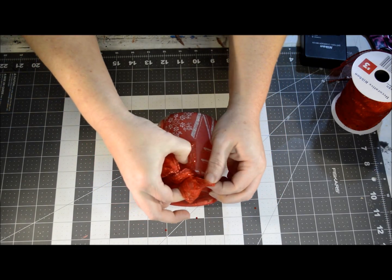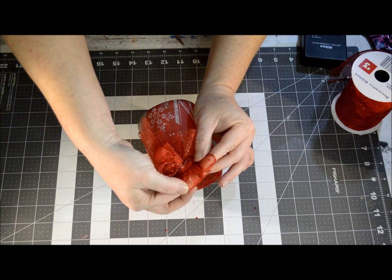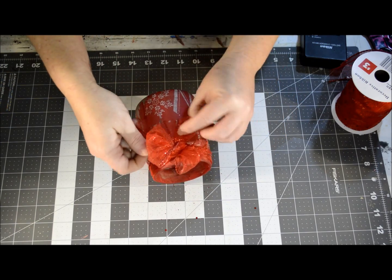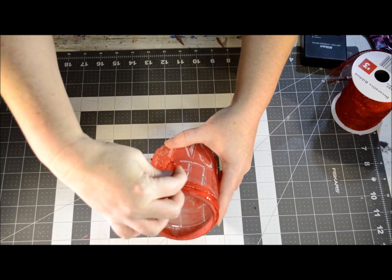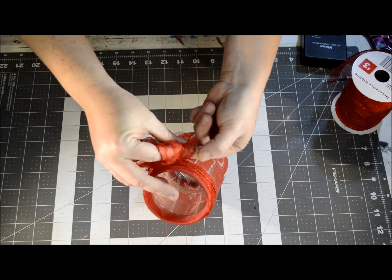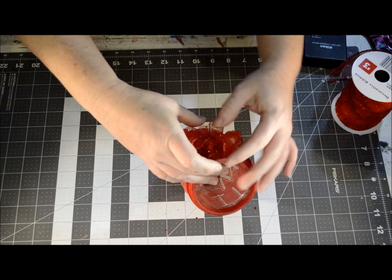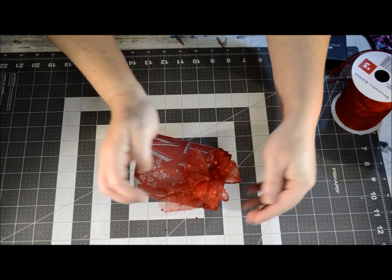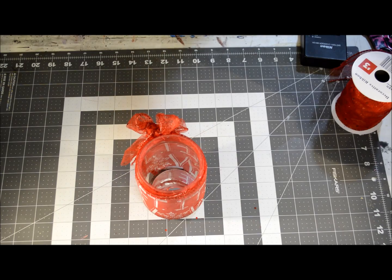Okay, now we just want to fluff it out. And this is the ribbon that has the wire on it, so it's really nice to get it positioned the way you want. And I'm just going to open it up and stick my fingers in there and fluff it out. It really holds its position once you put it where you want it. I really like that. There, it looks so pretty